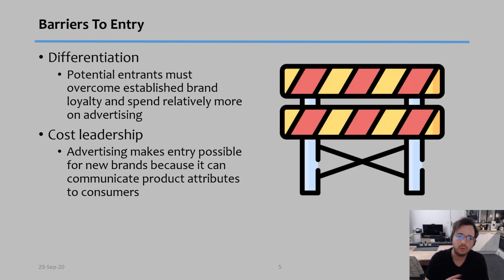The next category is barriers to entry. So, barriers to enter the market. If you have an industry that is very focused on differentiation, or you have a brand that is very focused on differentiation in a certain industry, then potential new businesses that want to enter that business will have to overcome the established brand loyalty and spend a lot of money on advertisement to try to change consumers' minds